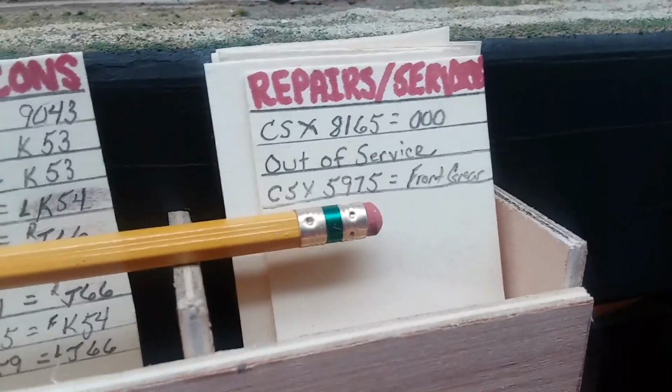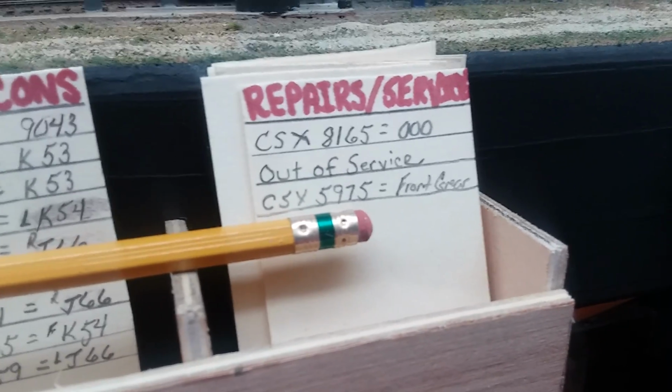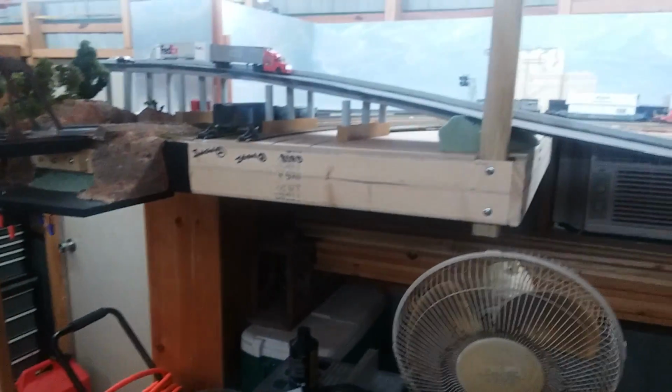And then over here, I've got a repairs and service card. I'll get to that later. That's just something, whatever. But yeah, I've been playing with that a little bit. And of course, there'll probably be three or four more on this side eventually when I get the rest of this